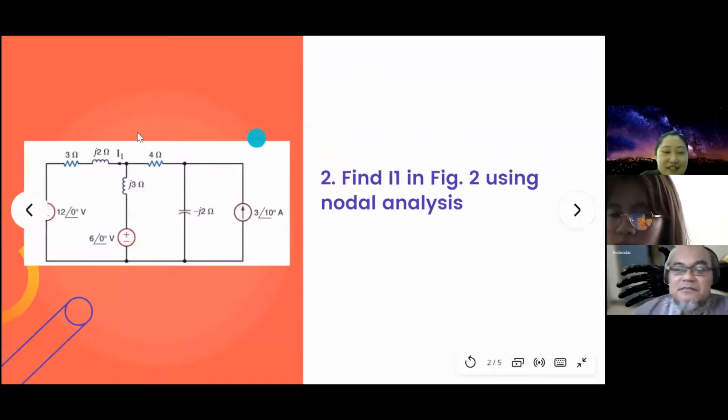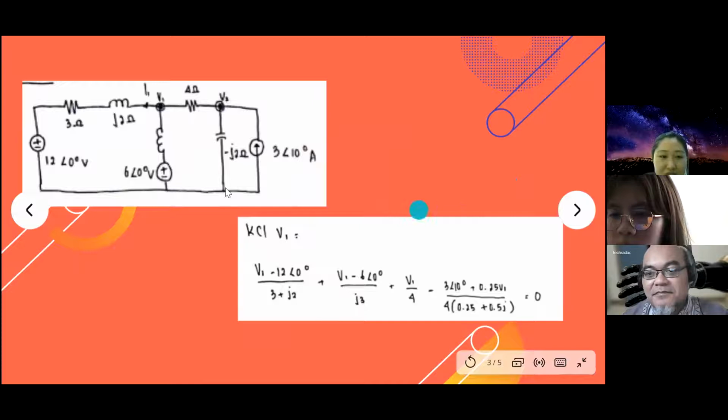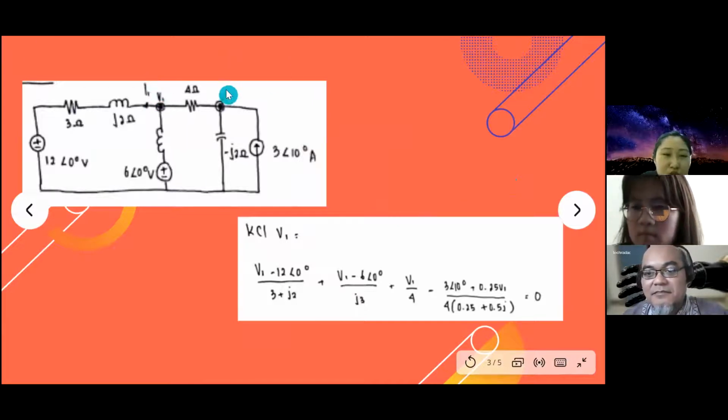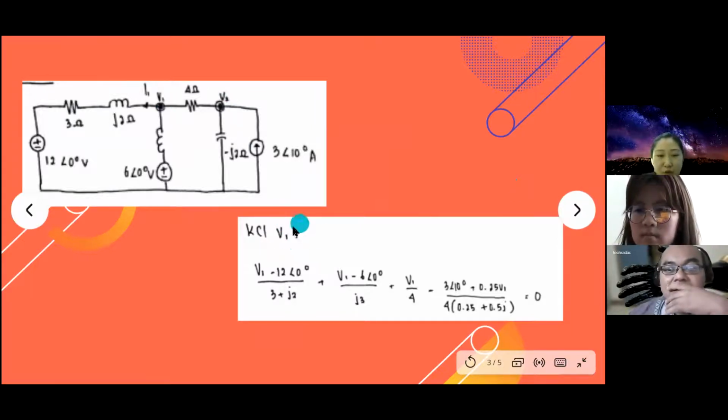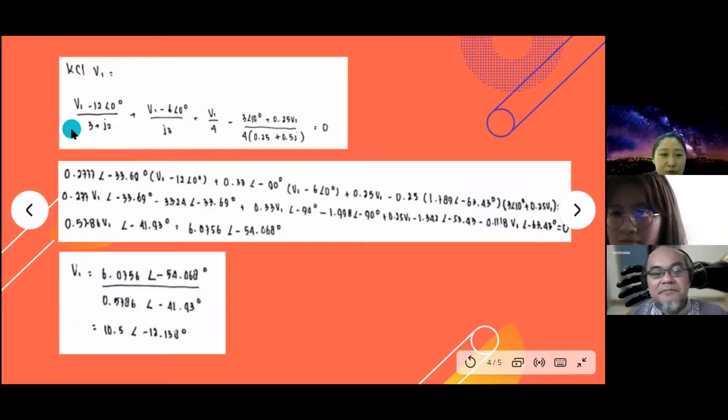So this is the question for number 2. Find E1 using nodal analysis. I make node V1 and node V2 in here. And then we use KCL in V1 and we get this equation. And then for the V,